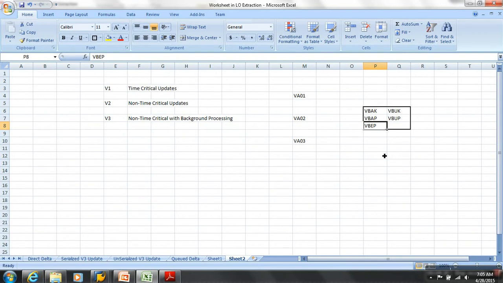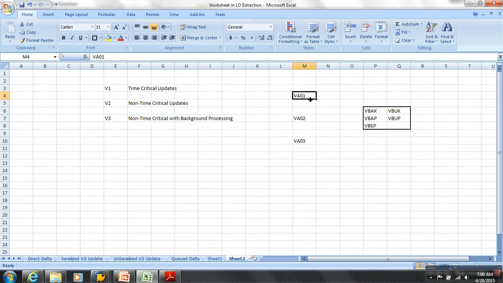Do you know what header, item and schedule line are? Now VBUK is sales order header status and VBUP is item status. So these are your two status tables, along with the header, item and schedule line tables.